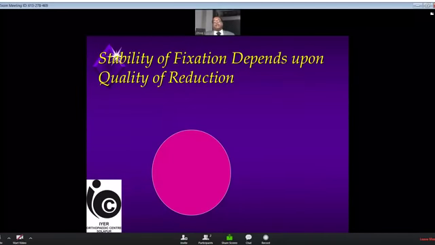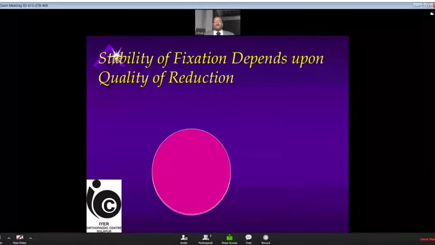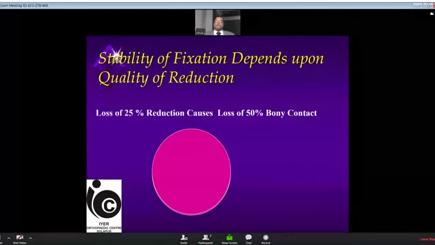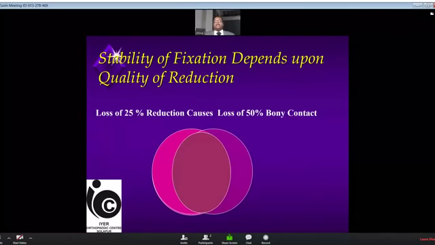Just to depict the anteromedial reduction, the neck, when it is reduced, both of them at the fracture site should overlap 100% like this. If there is a loss of even 25% reduction, there will be another 25% reduction loss posteriorly. So I am demonstrating in this fashion. You can see anteriorly as well as posteriorly there is loss of reduction. Only the central red portion is having the contact, where all the screws will come. Where is the bone to heal? That's why we face problems if the reduction is not proper. So anteromedial reduction is very, very important.